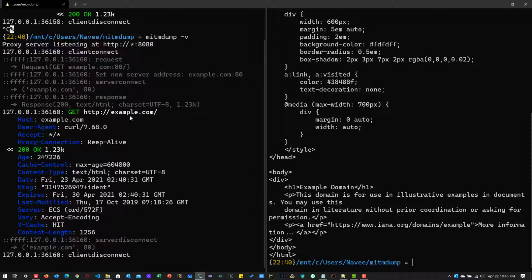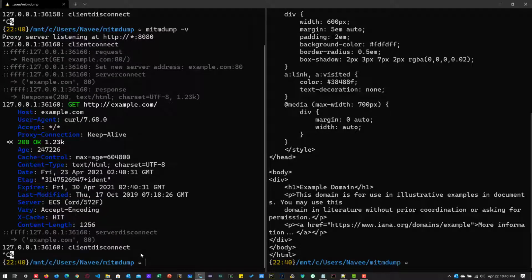And on the left side, as you see, the connect and the details of example.com and client disconnect. So like this, you can start MITM Dump using the mitmdump command, and you can capture your requests and other details.